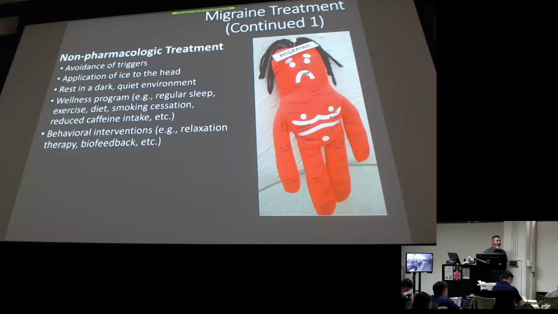Well, we had the slide of triggers. We're obviously not going to avoid PA school, but we can avoid lack of sleep, maybe, right? Decreasing our caffeine, hopefully, but avoiding some triggers, non-pharmacological treatment. So if you can identify for your patient, or the patient keeps what we call a headache diary, right? What was I doing when I got a migraine last time? Okay, this time I was doing the same thing, eating the same thing, same kind of scenarios were going on. So headache diaries often help with avoiding those triggers because you have to identify the triggers to avoid them.